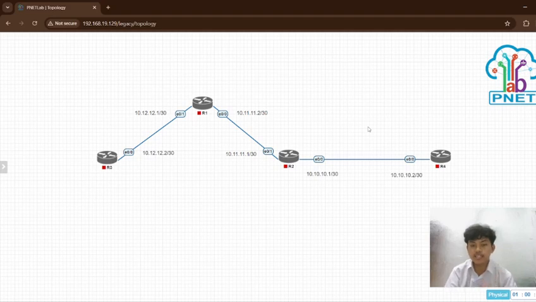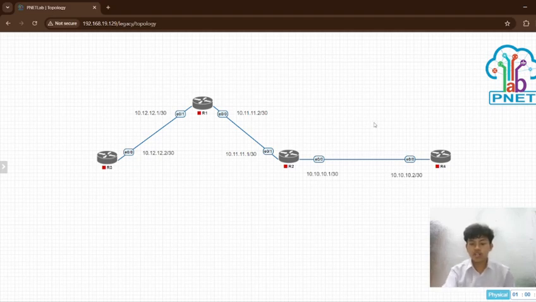In today's session, tonight, we are going to learn about one of the most important concepts in BGP, the route reflector. In large networks that use BGP, configuring a full mesh between all routers can be very complex and difficult to manage. To solve this problem, we use a route reflector.